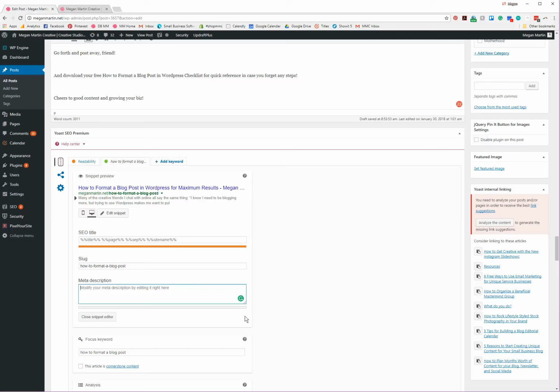So this helps me. I don't have time to sit here and count how many characters I'm typing. So this is such an easy tool to help me make sure my meta descriptions are formatted properly for search engines. So okay, I'm going to put how to format a blog post in WordPress